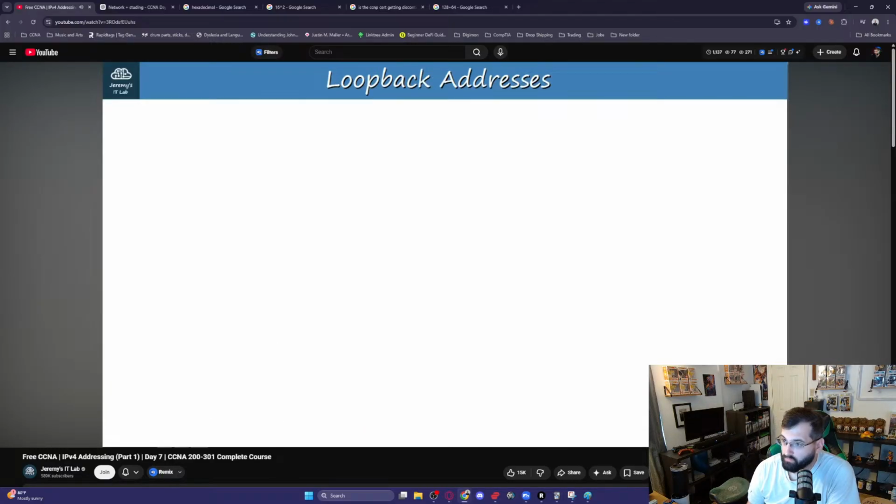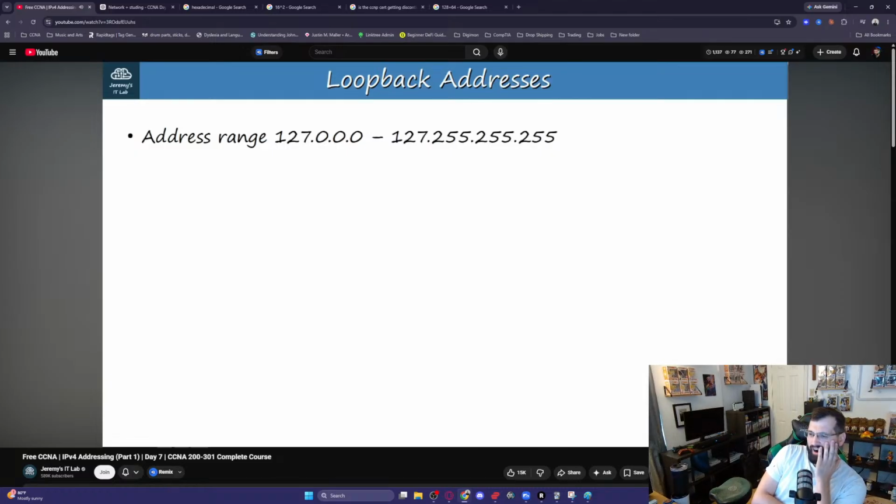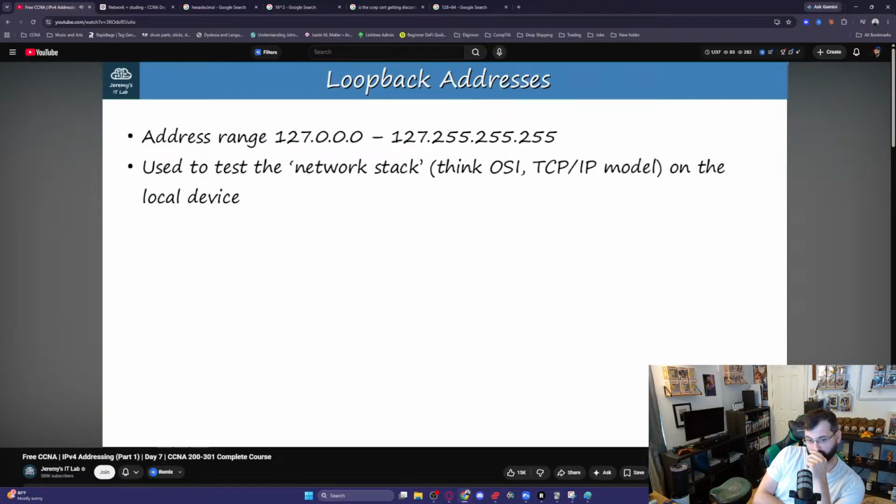The 127 range is reserved for loopback addresses. The range is anything with a first octet of 127, so 127.0.0.0 to 127.255.255.255. These addresses are used to test the network stack of the local device. If a device sends any network traffic to an address in this range, it is simply processed